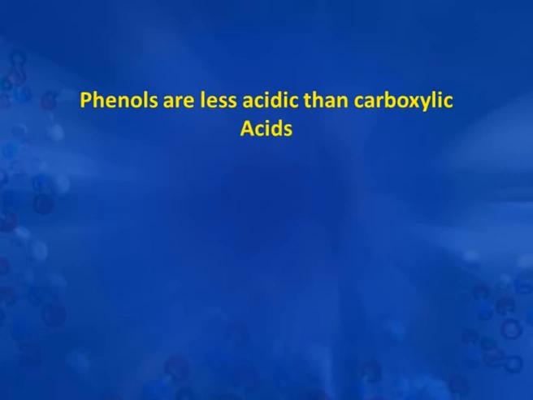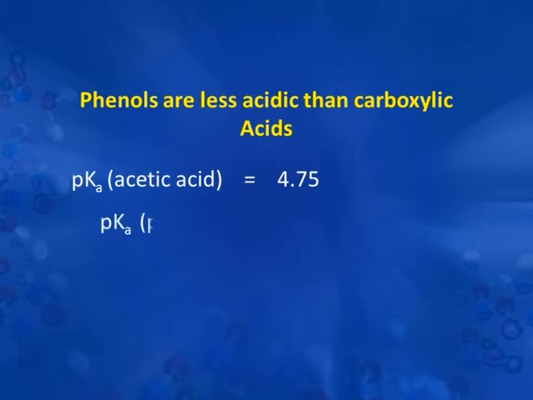We will now compare the acidity of phenols with that of carboxylic acid. To compare the acidity of carboxylic acid and phenol, we again will look at the pK values of the two compounds. As you can see here in this slide, the pK value of carboxylic acid is 4.75 and that of phenol is 9.9, and by knowing the value of pK, we can very easily say that carboxylic acids are much higher in acidic order, or acidity, compared to phenols. But the question arises why?